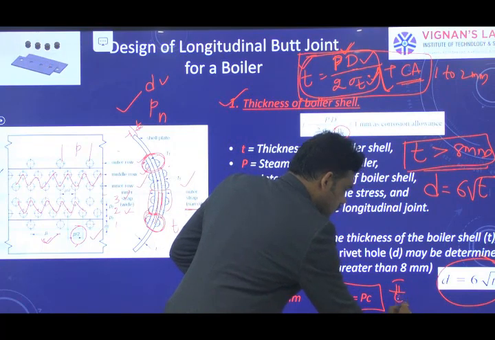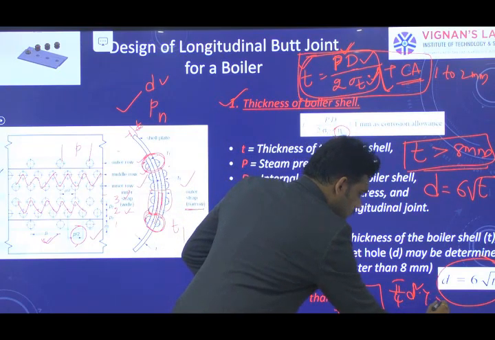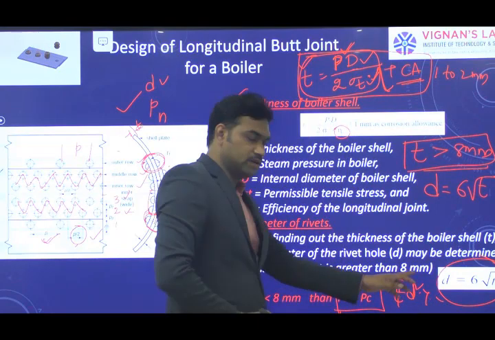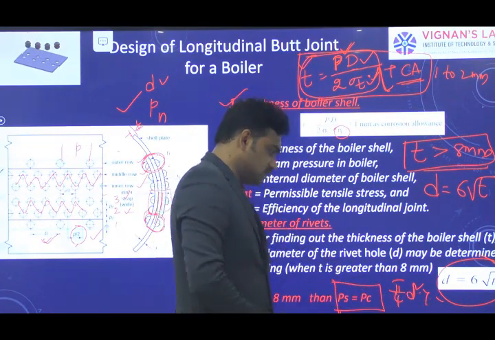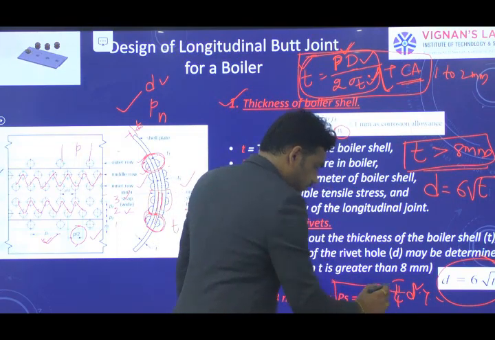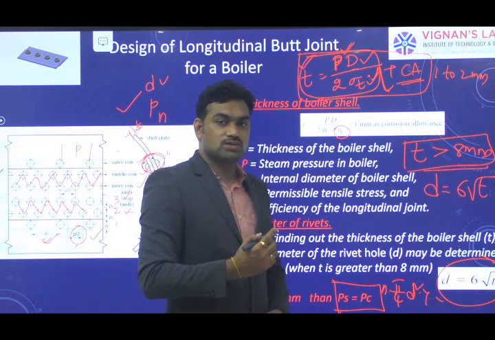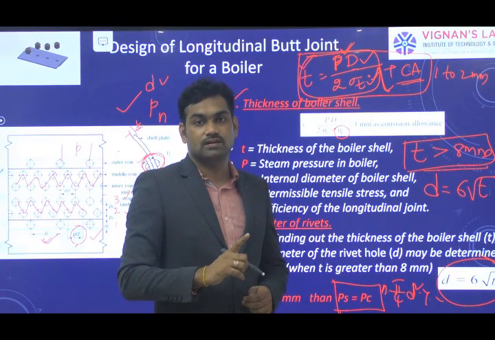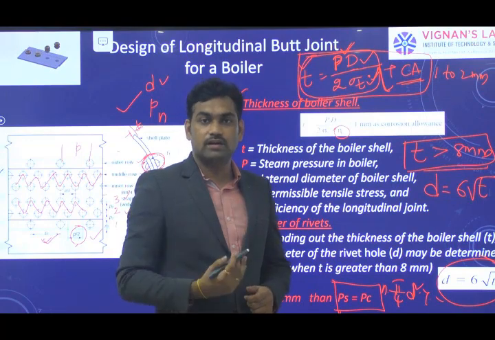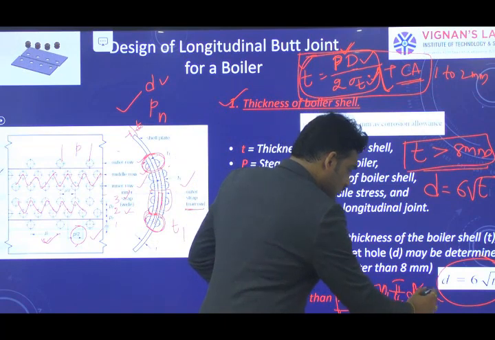So πd²/4 × τ: that is the shear area of a single rivet, and τ is the permissible shear stress, and that can be denoted by n. But in the case we have considered, only the outer row of rivets is in single shear, and the inner row and middle row are subjected to double shear, so we can denote that with N1, plus